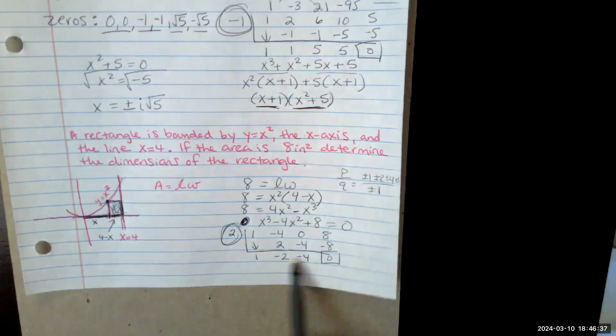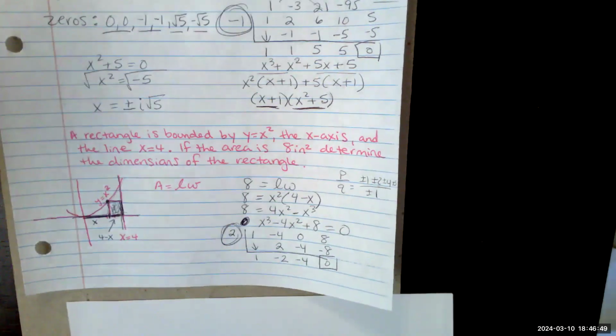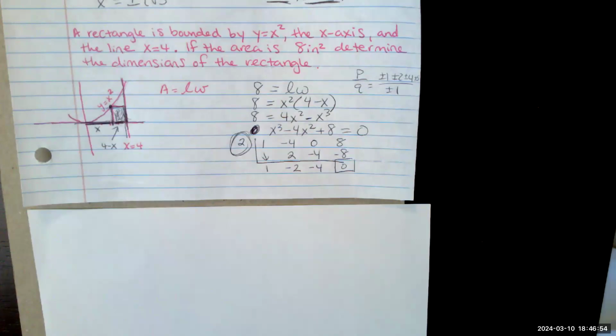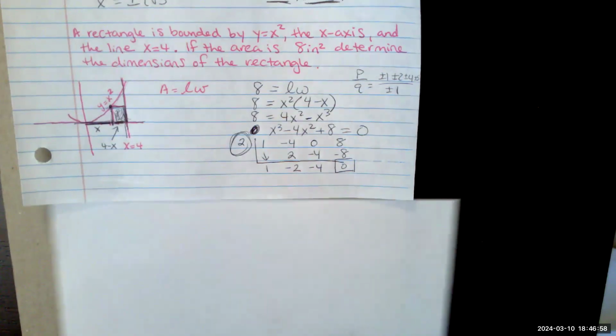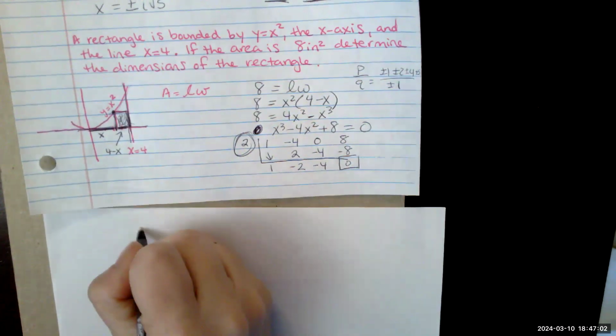But because there's still stuff happening here, there might be more options for x. And I think in the question in the homework, it's going to ask you, what are the dimensions? And it's going to give you 2 options to answer that. So you're going to have one length and width that could be happening and another length and width that could be happening. So since I started with an x to the third, I'm now down to a quadratic, which is nice